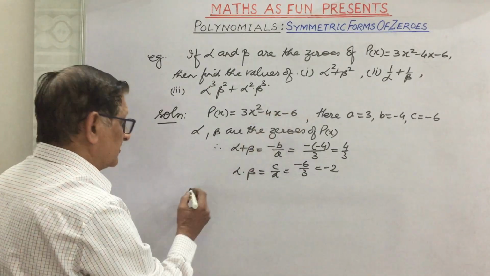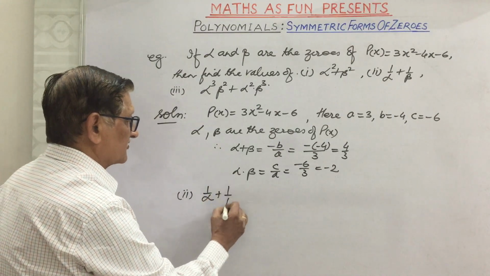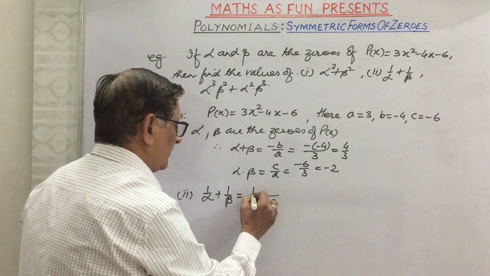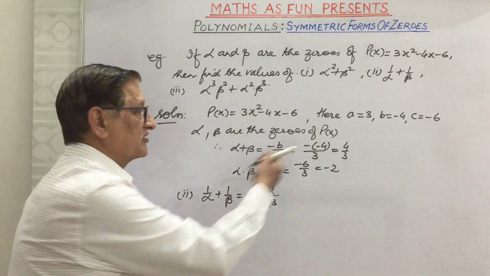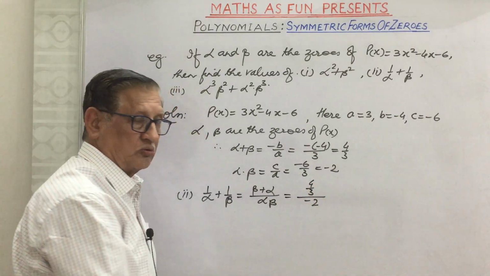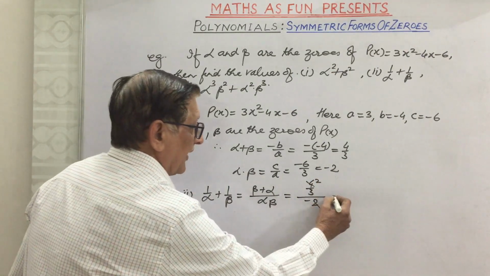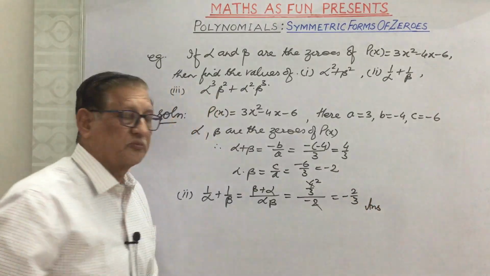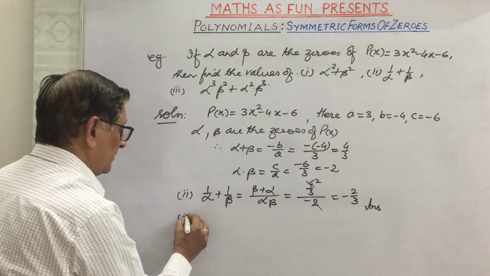Now the second function given to us is 1 upon alpha plus 1 upon beta. Take the LCM alpha into beta, we are getting beta plus alpha or alpha plus beta. And we substitute the values, this is 4 upon 3 upon minus 2. This 2 cancels this 2 to the 4, and now minus 2 upon 3 is the answer to this problem. Then we have the third function, that is